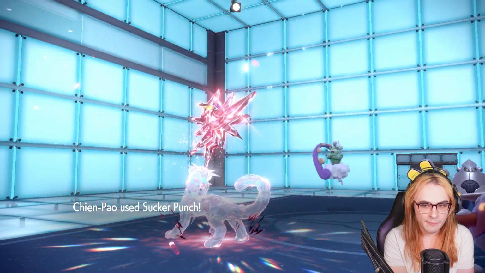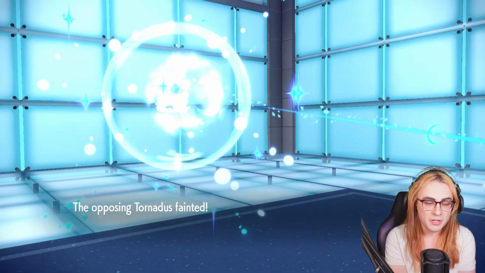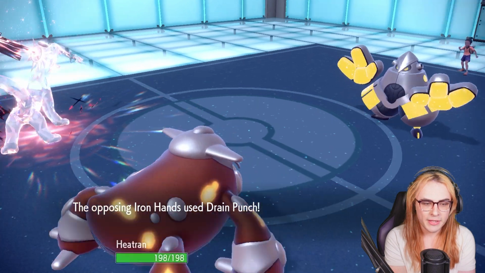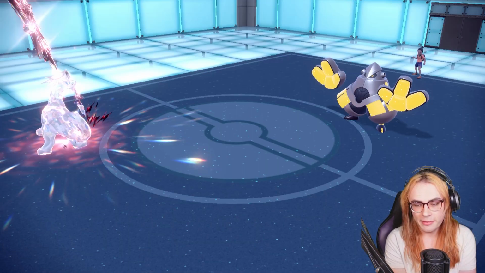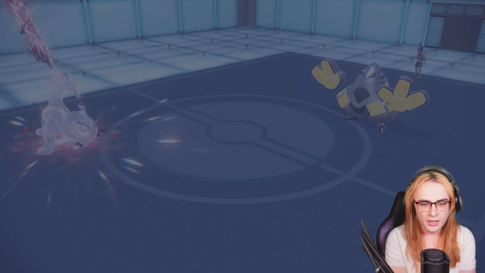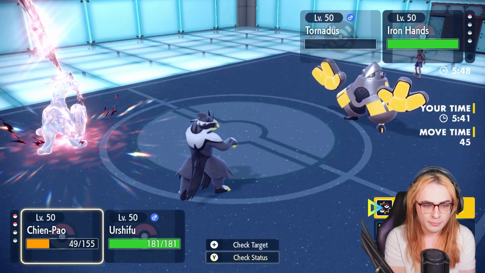Sucker Punch does go off. My opponent did get a little bit greedy with that Bleak Wind play, which works out well for me, because we actually do just kill the Torn. That's really huge, because Urshifu will be able to deal some good damage into Iron Hands. And whether they go for the kill into POW, or they just deal damage to Heatran, either way, I'm kind of set with this. Because if Heatran was alive, I could have went for Earth Power here pretty freely. They lost their Teras, so Earth Power plus Surging Strikes would have been good damage. And then meanwhile, with POW Shifu, I can get off Surging Strikes for free, plus,